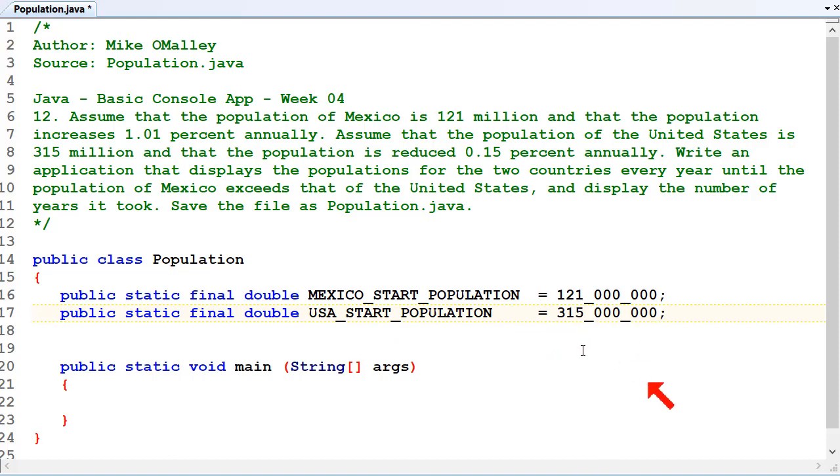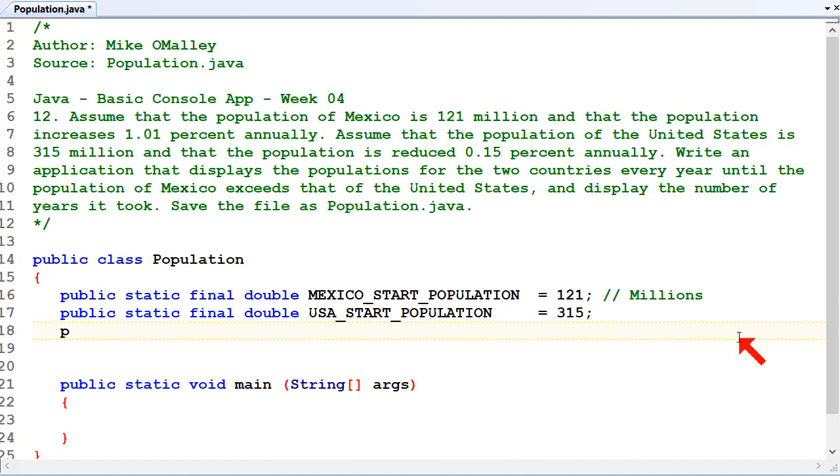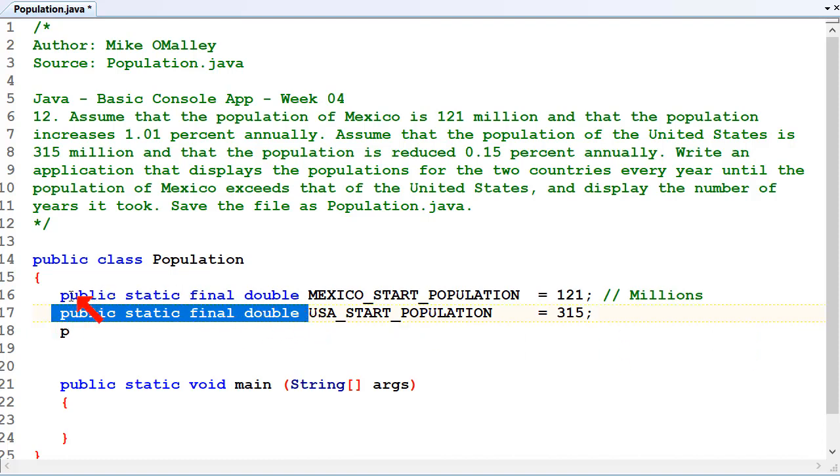Do we need to store all that? If you just want to deal with millions, we could just make it 121 and 315, and then you just put a comment there saying millions. So that might be even easier, to deal with small numbers rather than great big long numbers. Okay, so then we've got the increases,